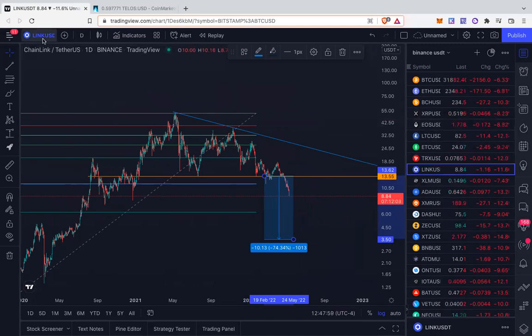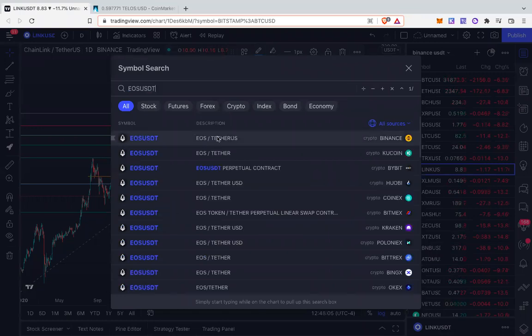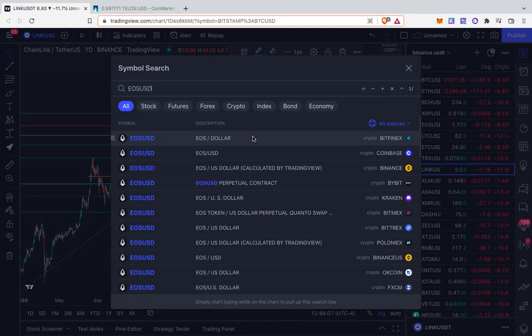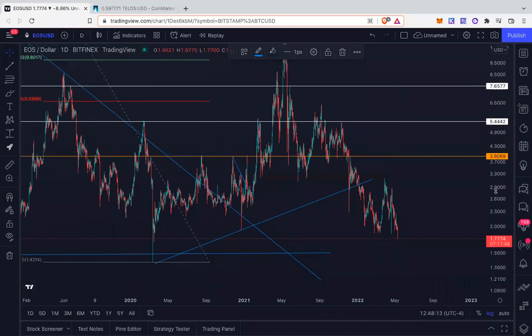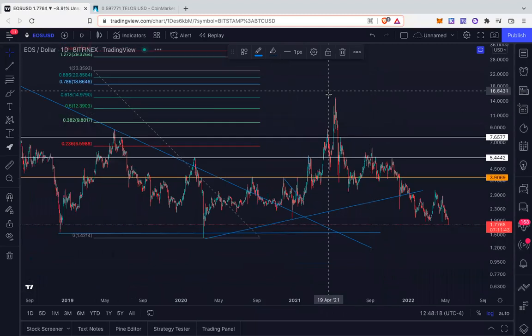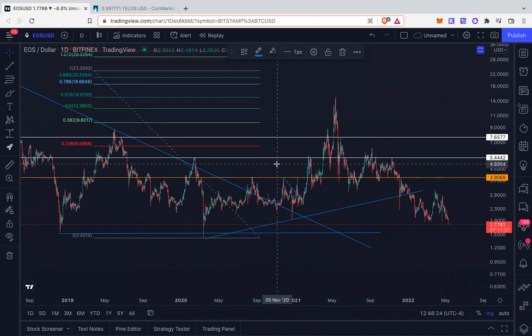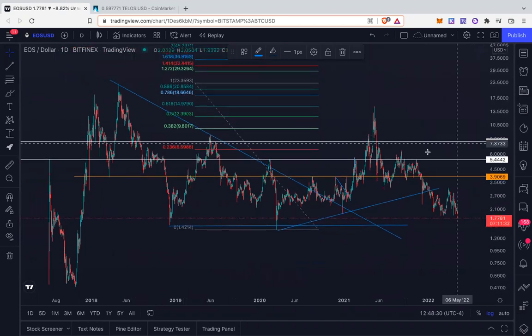One thing I wanted to look at, I wanted to put this on record, EOS, because it was one of the coins I was really bullish about this cycle. I thought it would make a newer high around like $35, $40. You retrace to the 618. As you can see, I've been trying this for a minute. I thought they would come up with some projects that would actually get some users. All I did was retrace, didn't make a newer high this cycle, which I'm going to stay here. If your coin did not make a new high this cycle, if you had a coin in 2017 that didn't make a new high, just retraced, odds are your coin is dead.